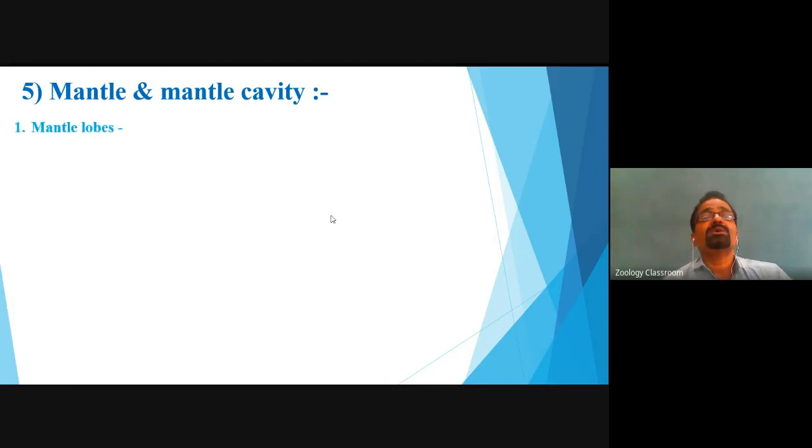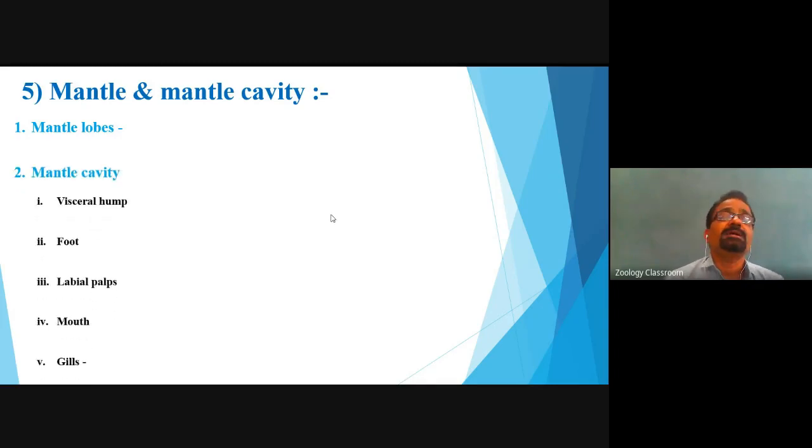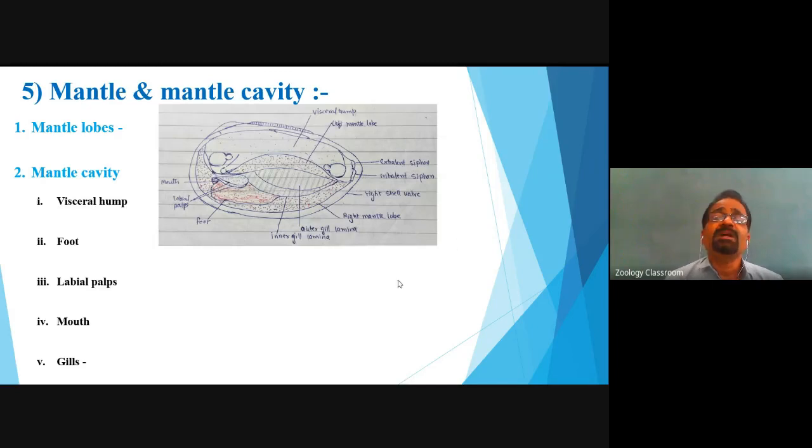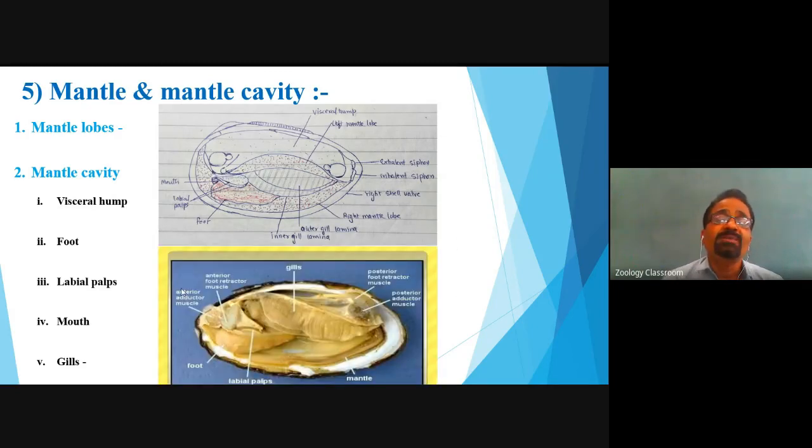Mantle, we are going to study mantle lobes and the mantle cavity. See, this is the diagrammatic structure, and this is how the animal appears inside the shell. Now, in this diagram, what are these mantle lobes? Mantle lobes are whatever is shown in spots. This entire part is the right mantle lobe, and this is the left mantle lobe. Now, the left shell has been removed, keeping the mantle lobe inside, and here just the left mantle lobe is lifted up so as to visualize the